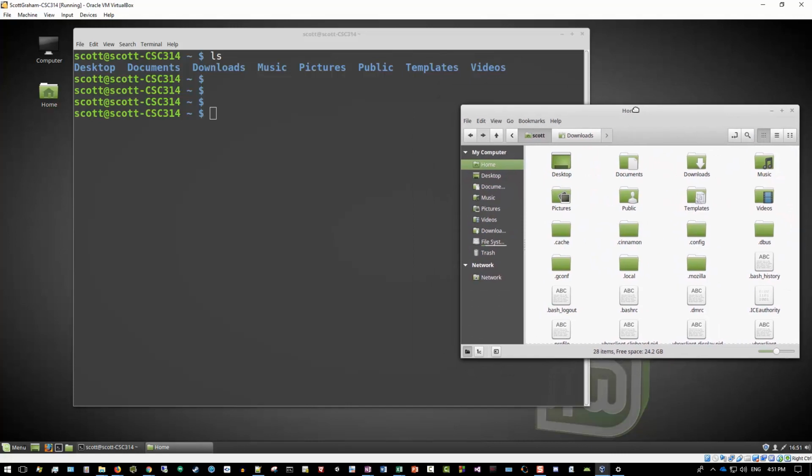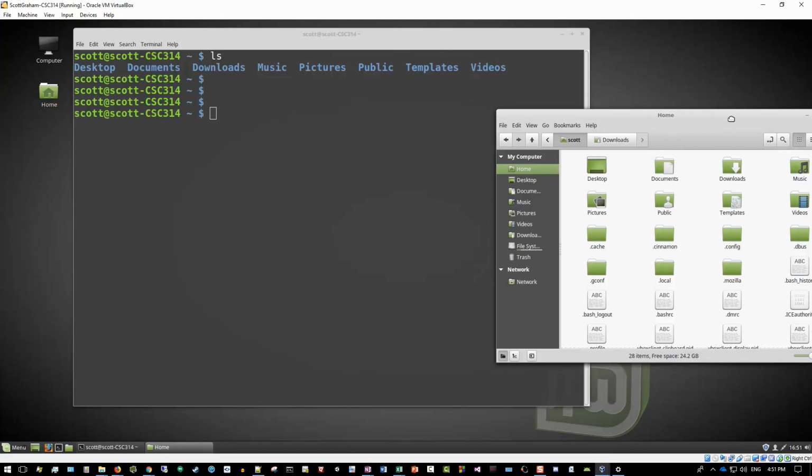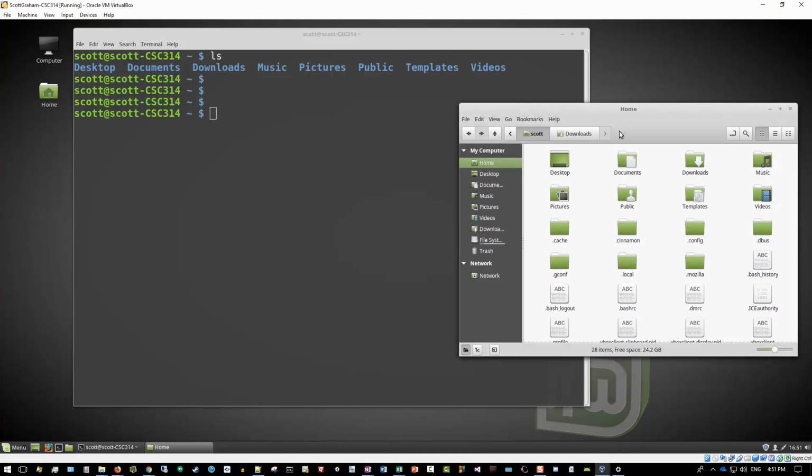Hopefully you'll all come away from this class not just learning assembly language, but learning more Linux than you knew before. All right, so